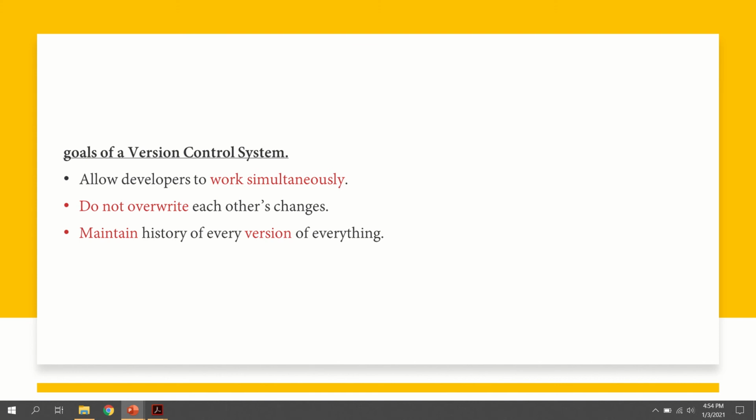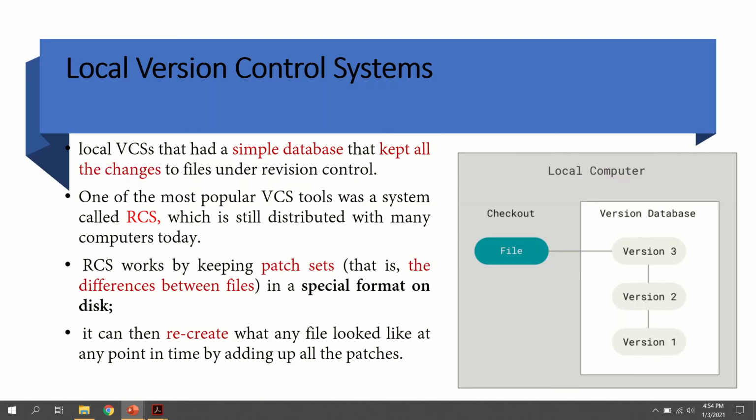Versions, I already explained with the help of one calculator example, in which we are saving each and every version of that program. In the same manner, whenever we are considering a file or the development of a project, that is what we have to study in software engineering. There, each and every history, that is how we created the project and what the different steps of the project were, can be stored. Okay, those are the main goals of the version control system.